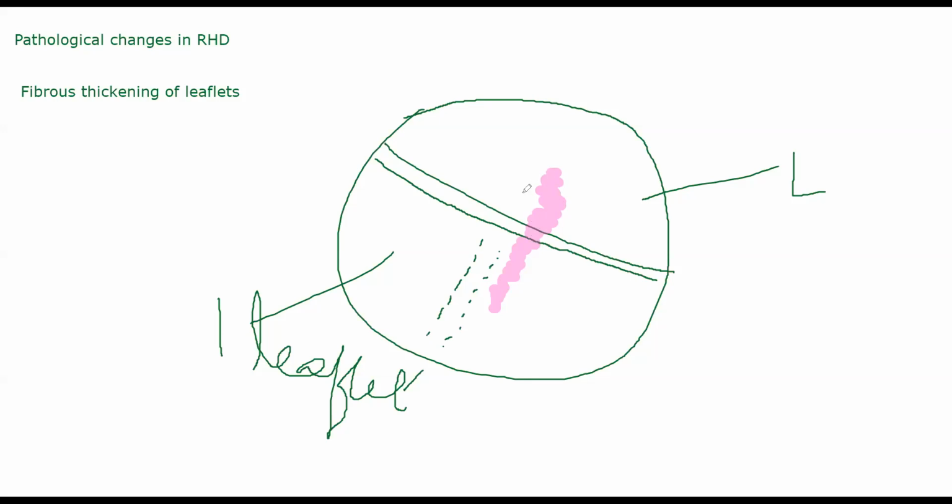Now, what happens in such a fibrosis is, see, this is forming a bridge-like structure, if you can see. So this will happen here and there. So in another, so this is your commissure, obviously. This is your commissure, right? Over the commissure, it will overlap and form a bridge. Okay, that is bridging fibrosis. This will generate a fish mouth like appearance. So I'll show you one image for that. One second.